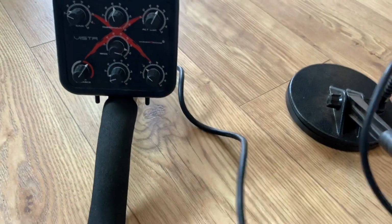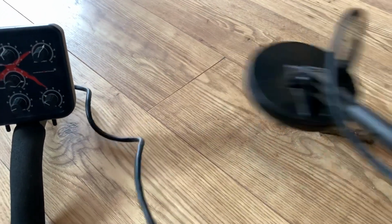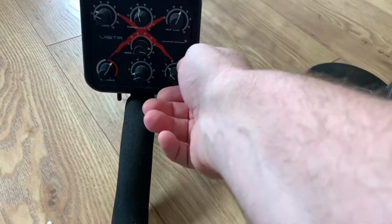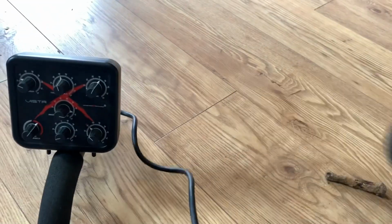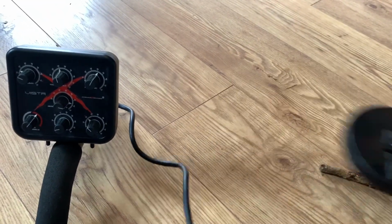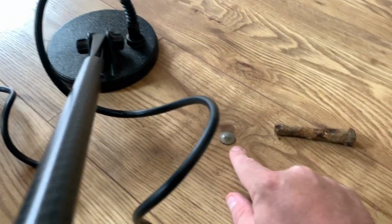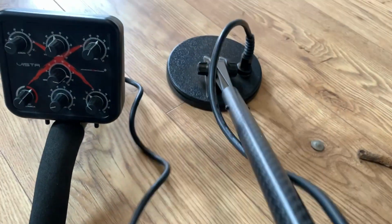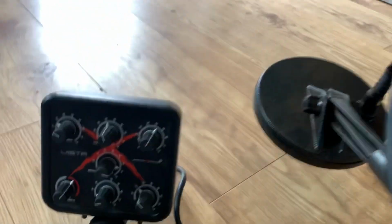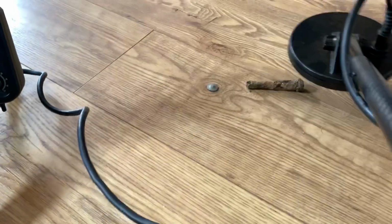Take it up to the red, see where we go from there. A smidge more. That'll do for me there. Right, so we'll put that button exactly on the same spot. Now listen to the difference, okay? So we've been able to lower the disc, and now the result we get is